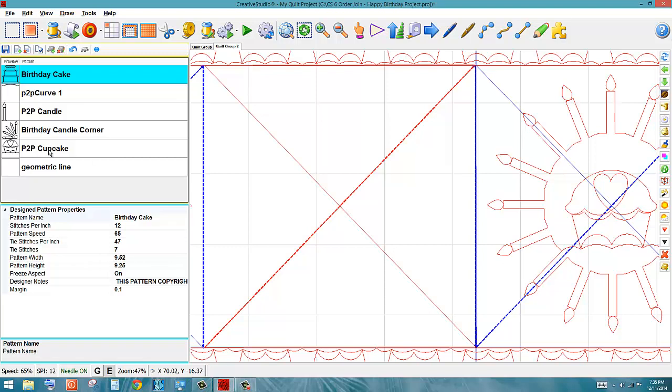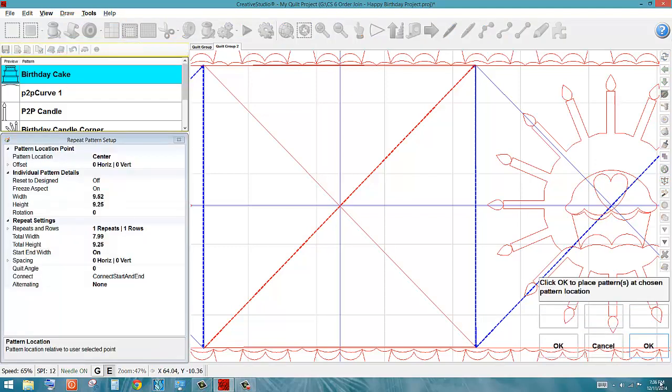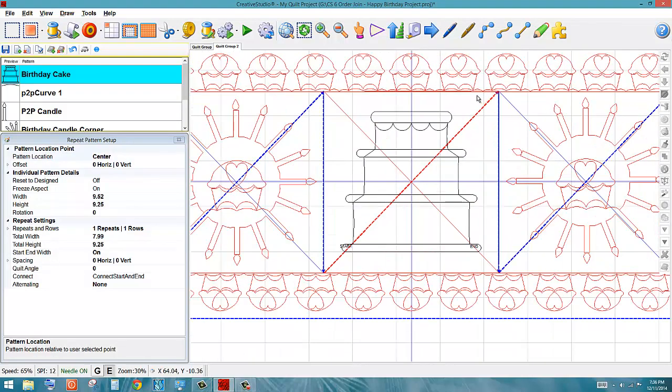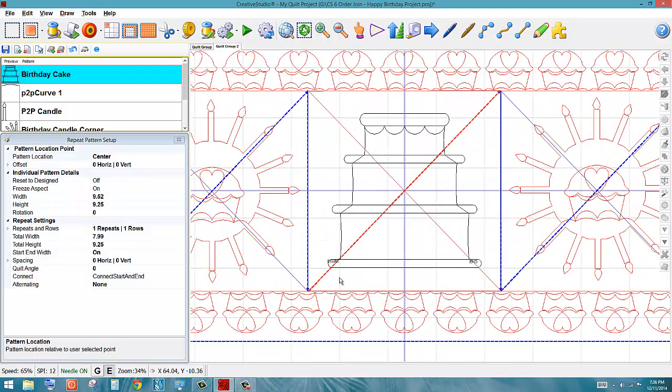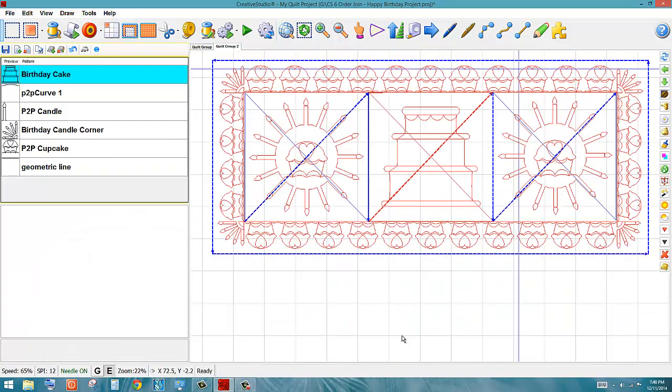I'm going to move my head to where that center is. And using repeat patterns, and with pattern location as center, I'm going to say OK. And there we have it. The cake is in, and I'm going to stitch. So the cake is quilted, and now we're going to place the words sweet and the number 16 on the cake as decoration. The first thing I want to do is get rid of the